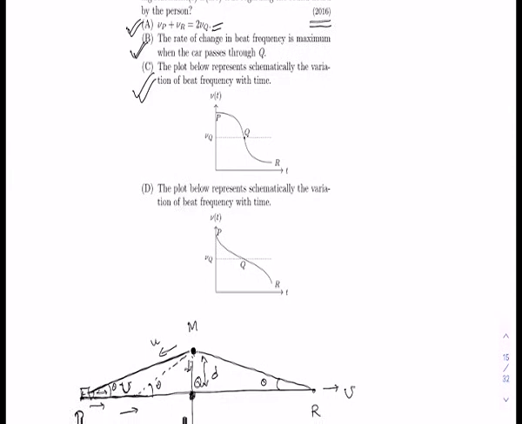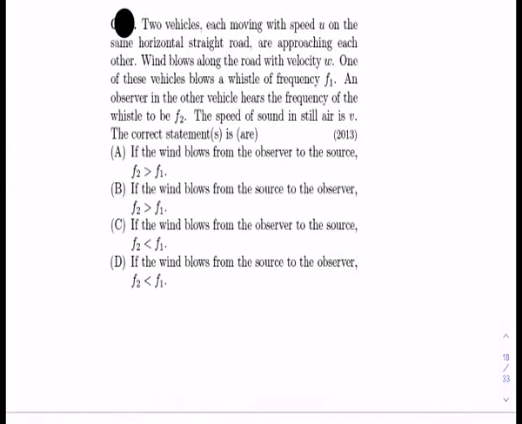Okay, now let us work out this problem that was asked in 2013 JEE Advanced. Two vehicles, each moving with speed u on the same horizontal straight road, are approaching each other. Wind blows along the road with velocity w. One of these vehicles blows a whistle of frequency f1. An observer in the other vehicle hears the frequency of the whistle to be f2. The speed of sound in still air is v. The correct statement is or are: